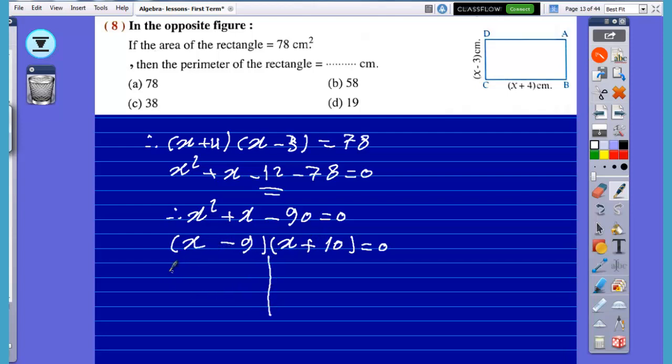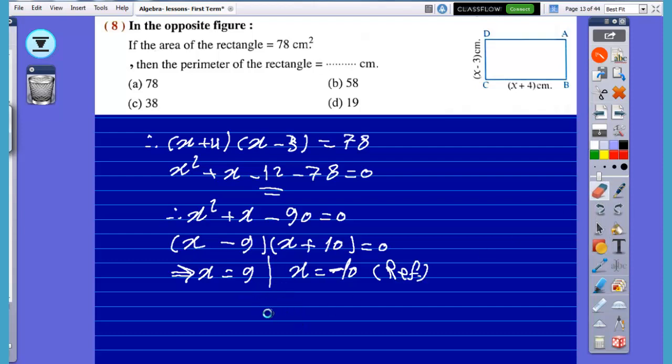And now x minus 9 equals 0. It means x equals 9 or x equals negative 10. And this is refused, okay, because when you put x equals negative 10 here, it will be negative 13, and here it will be negative 6. A side equal to negative 6, of course, can't be. So when x equals 9,